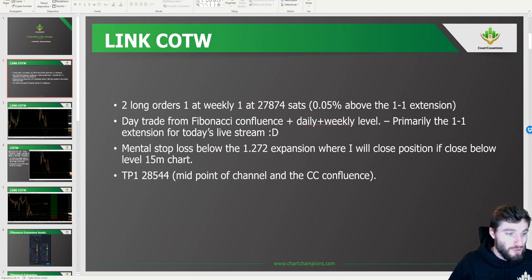Take profit 12844, and this is very, very nice indeed. It was the midpoint of the channel and the CC, exactly, so the Champions channel and the actual channel itself right on top of each other. So that is like perfect confluence for taking profit, and we did hit my take profit 1 here before retracing